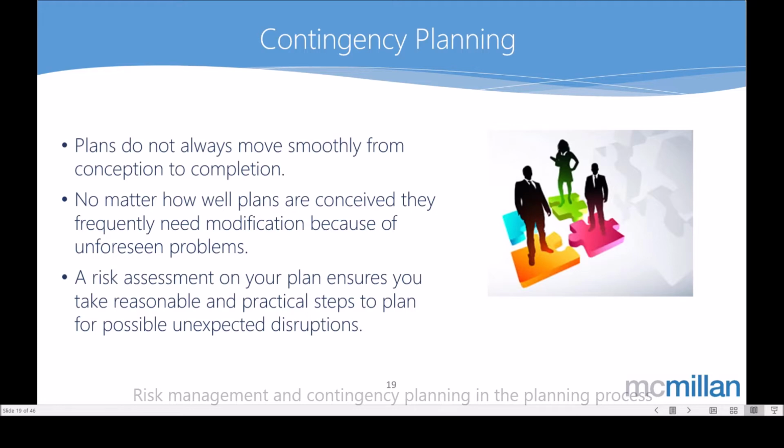What's the likelihood? Do I seriously take those things occurring? And what actions should I take to deal with it? So what steps should I take dependent on the assessment I've just done in terms of the likelihood and the consequences? So plans don't always go smoothly from start to finish, and that's just the nature of what we do. Things shift all the time, but what we want to do is try and preempt as much as possible. Contingency planning can help us to have a backup plan or some type of alternative strategy if required.